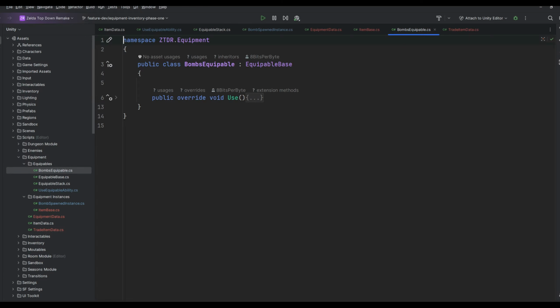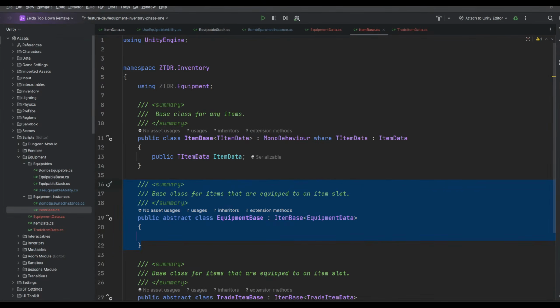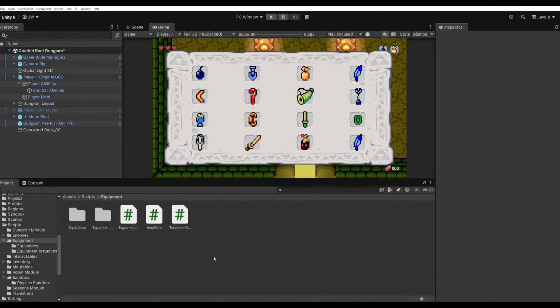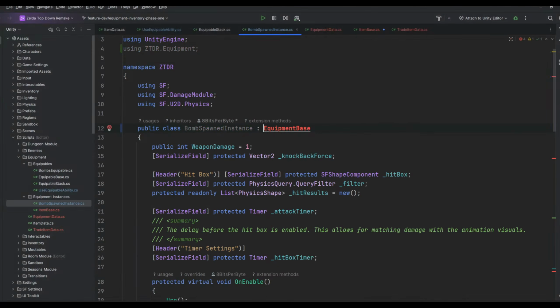I'm going to have the actual scriptable data object that keeps the data in the project, and then there's going to be a component that controls the logic of each object when it's spawned in the game. And yes, there should be an error because that makes it. Yeah, I need to actually put this into